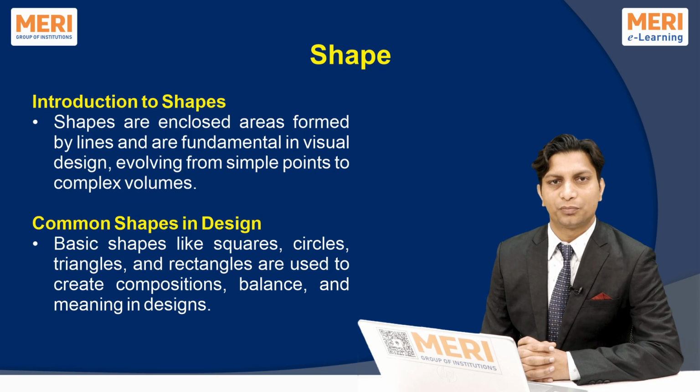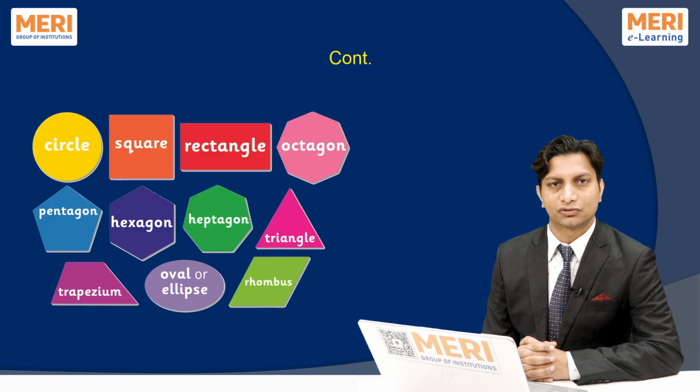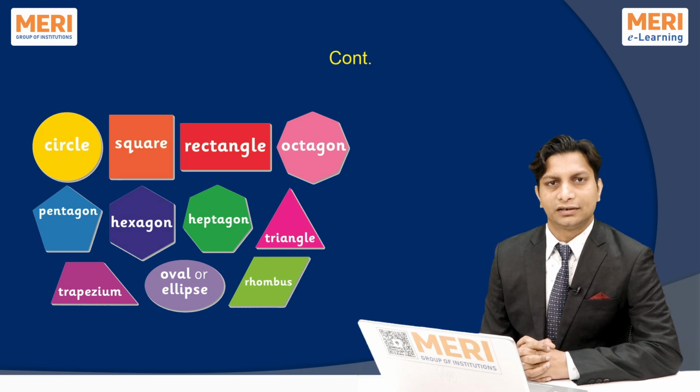This progression from point to line to plane to volume demonstrates the evolution from simple to complex forms in visual designs. Shapes are fundamental elements in design, each carrying unique visual and symbolic significance. Some common shapes include the square, circle, triangle, rectangle, oval, and polygon, each contributing to the overall composition, balance, and meaning within a design. In design, we tend to impose three basic shapes on what we observe: the square, the circle, and the triangle. These shapes can be combined or varied in countless ways.